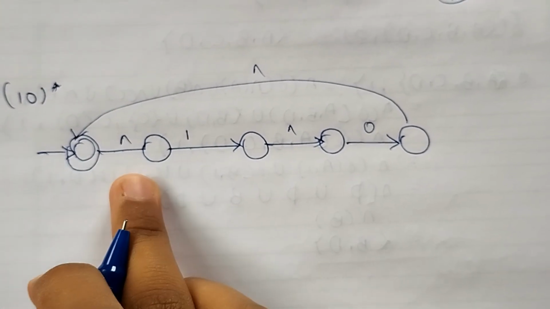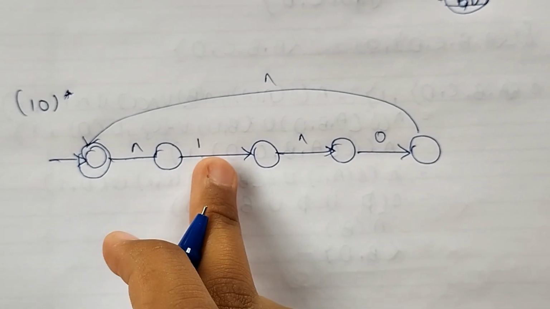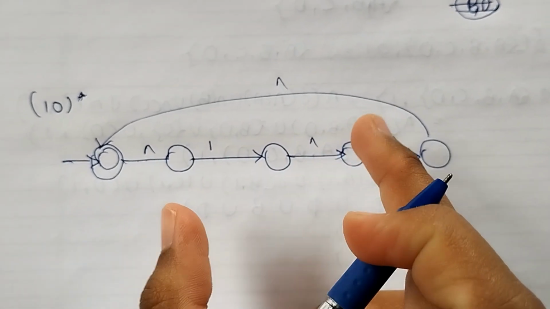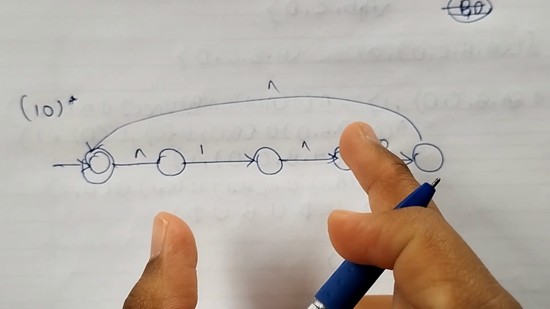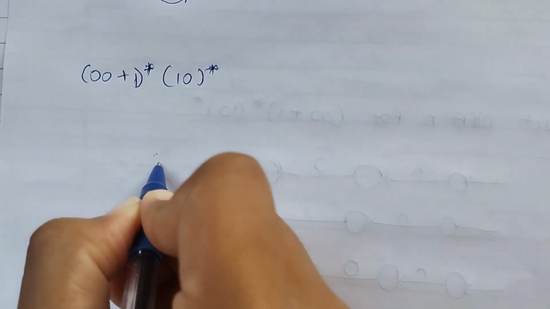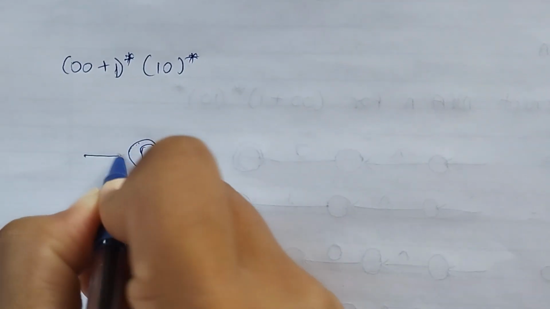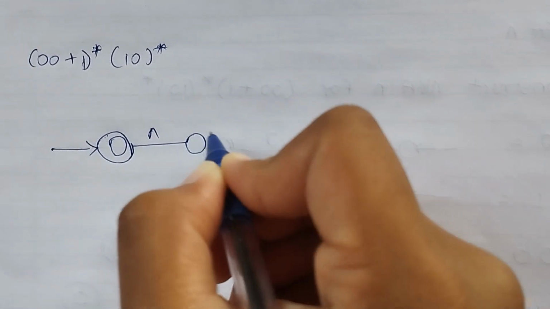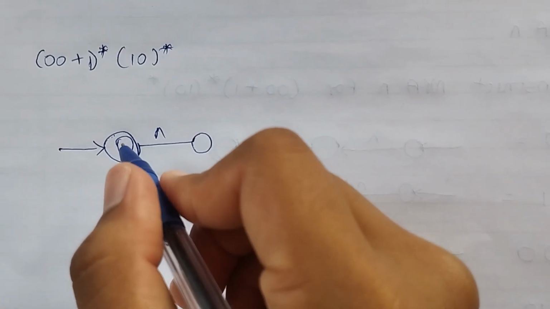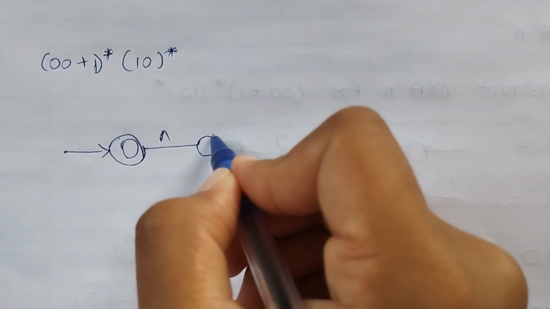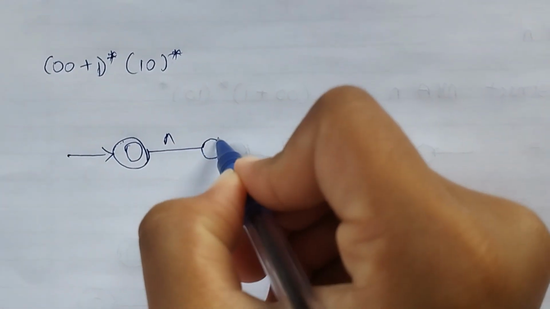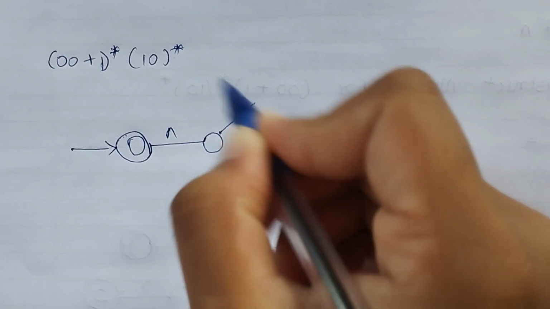Now with the help of the 0 0 plus 1 star and this 1 0 star, we draw our final NFA. So as usual, first take the initial state, then we put here a null value, because if we directly connect here, then this shows complicated. So we write simply, first we pass one null state, then from this we start to draw the 0 0